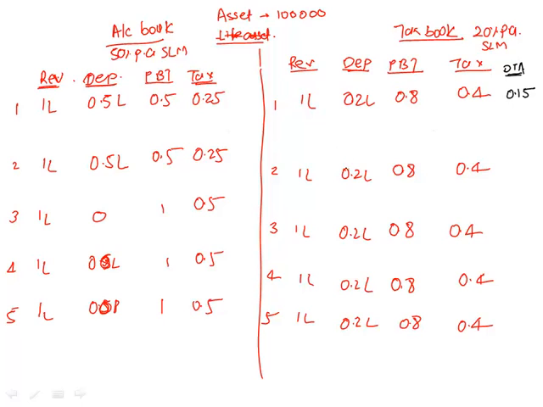Next year, the story got repeated. I was supposed to pay 0.25, I have paid 0.4. Again, that extra 15 we've paid is deferred tax asset. But now this year deferred tax asset will be 0.30 because 15,000 I paid extra last year, 15,000 extra I've paid this year. Are we fine? Now see what happens next year. Next year I was supposed to pay 0.5, but I paid only 0.4.